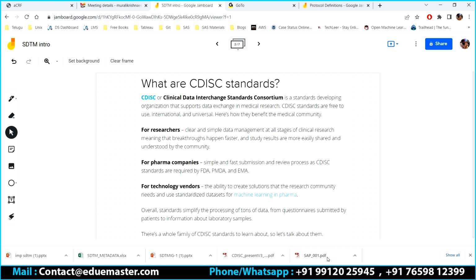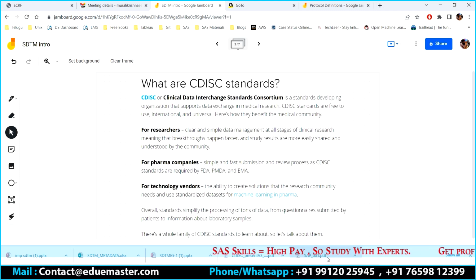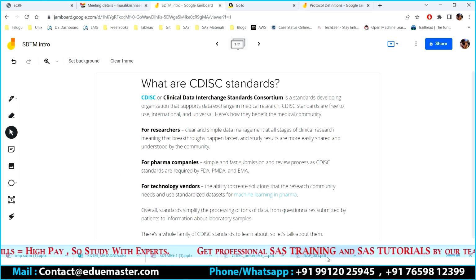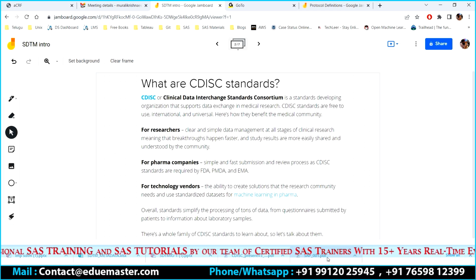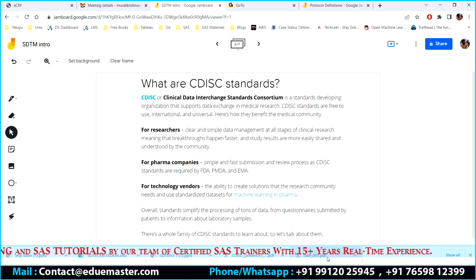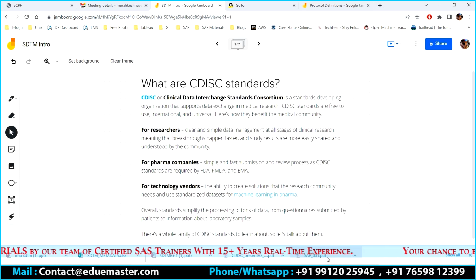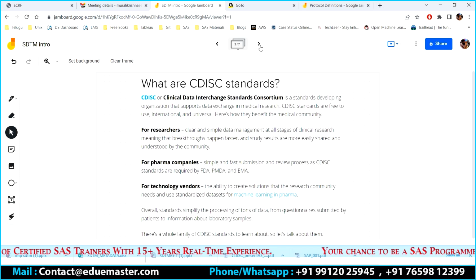So technology vendors like us, right? I already have the data sets. How quickly can I create the solutions, and how quickly can I produce the analysis on top of it? At the end of the day, we have millions and billions of data, extracted based on the subjects' information, that need to be properly processed, collected, and analyzed. That's the whole point of bringing CDISC into the picture, correct?